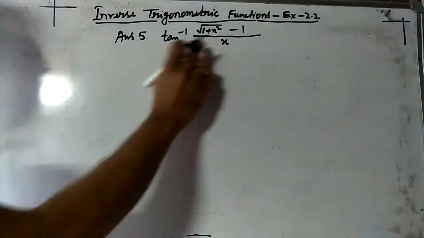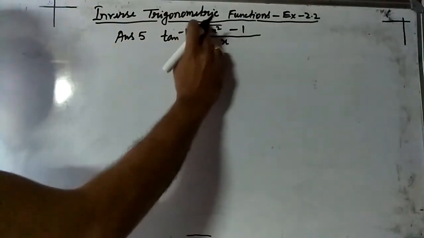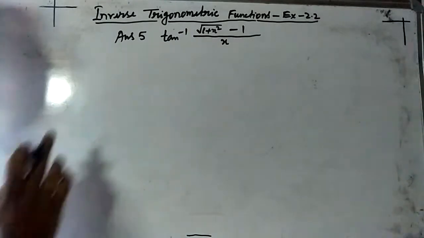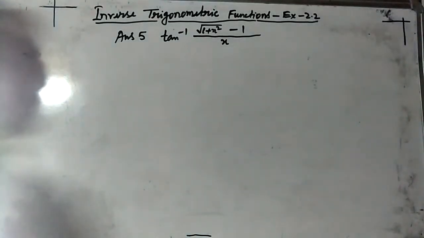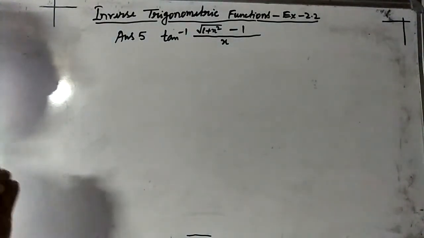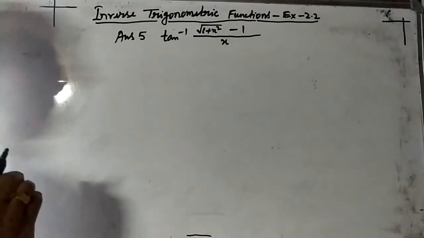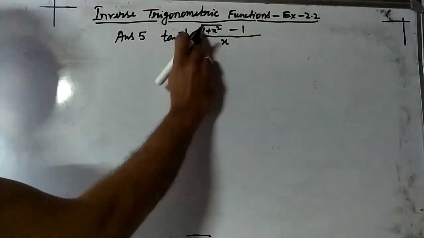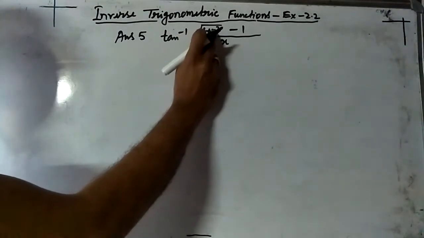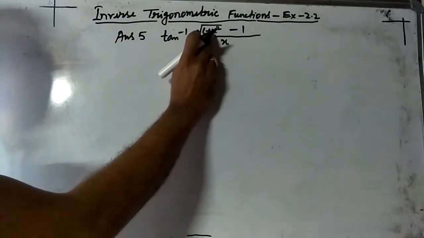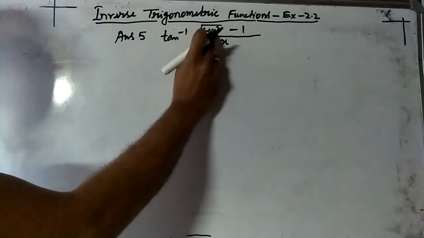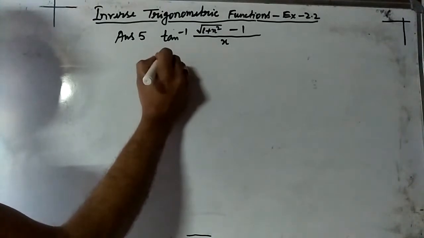Here you will remember, if any term of x is given, then we have to consider x as any trigonometric ratio. But you have to take that trigonometric ratio which makes a formula. Here 1 plus x square. If you consider x as tan theta, then it will make a formula, because we know that root over 1 plus x square is sec theta. So consider